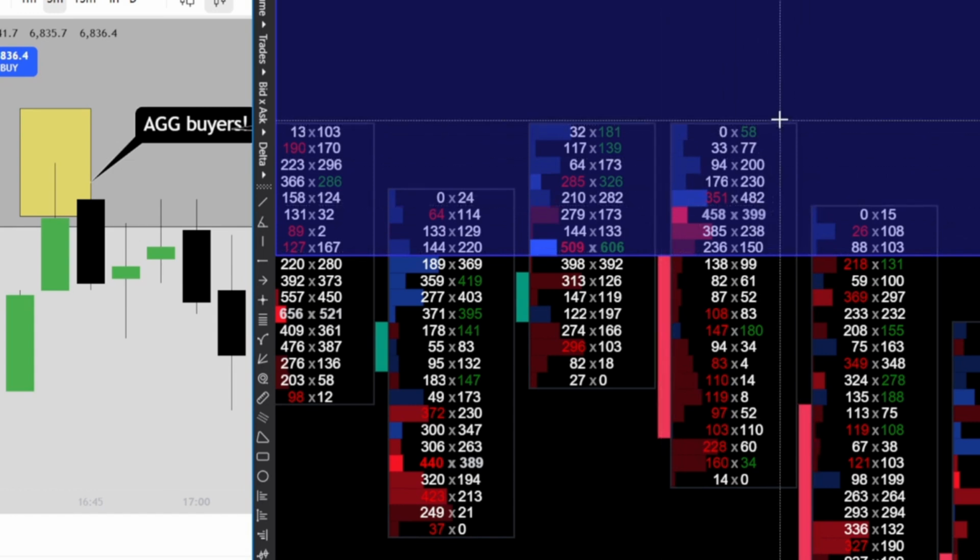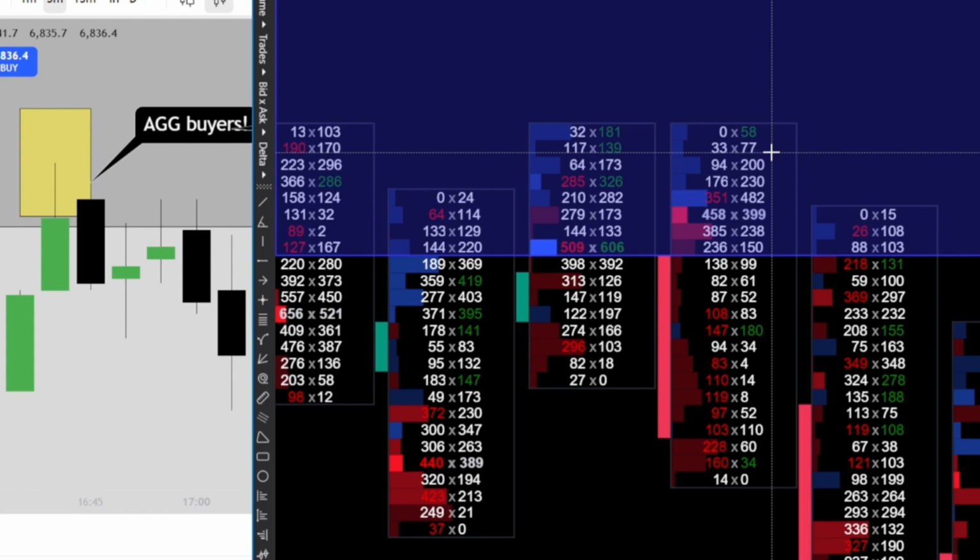It's actually more aggressive buyers, right? Again, here as well, more aggressive buyers, and sellers step in over here. So we're able to break below the zone, right? But these buyers give us an indication. This is what actually confirms the order block, or confirms the breaker, or whatever you want to call it from